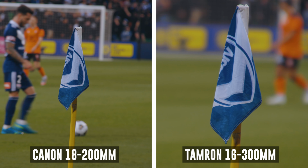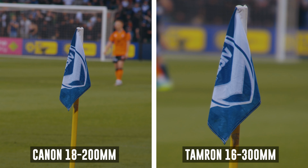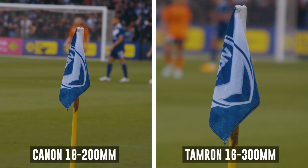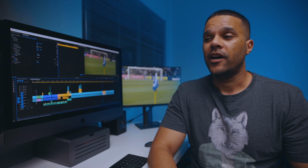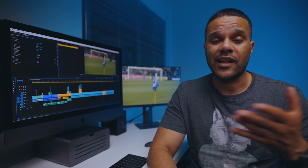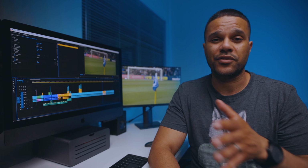So you guys can see what the 100mm difference roughly looks like on screen. Most people will probably think that it's not that much and it's not worth buying a new lens if they already have a lens that goes up to 200, which I probably agree. For me, that extra 100mm, like I said at the beginning of this video, is very specific to certain